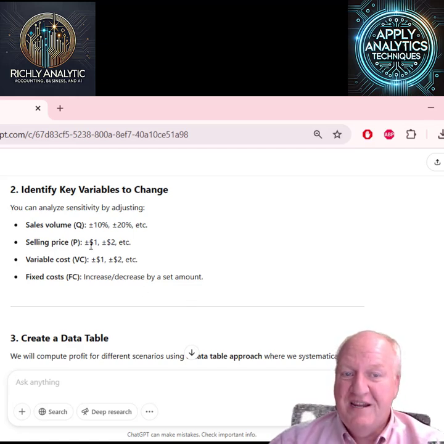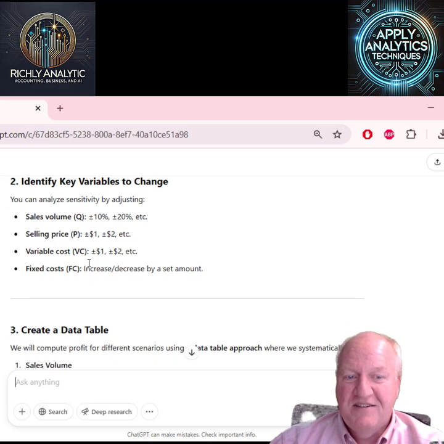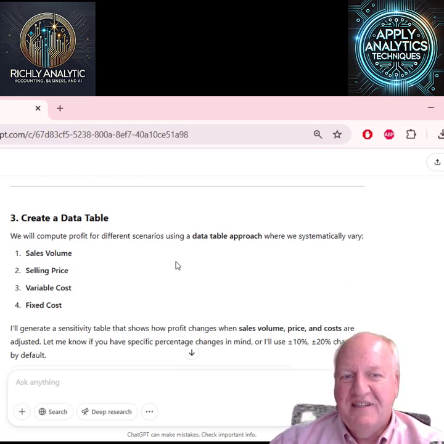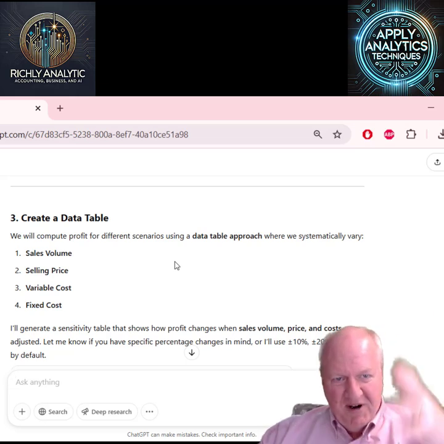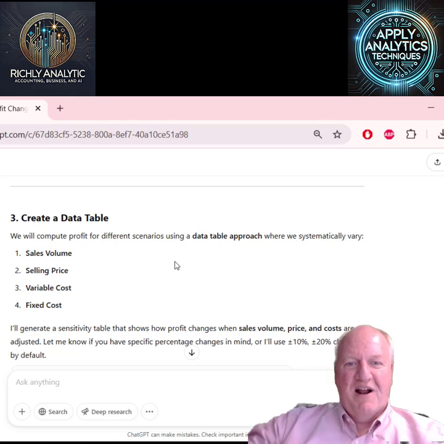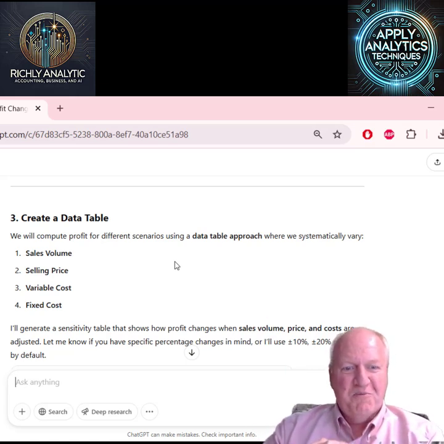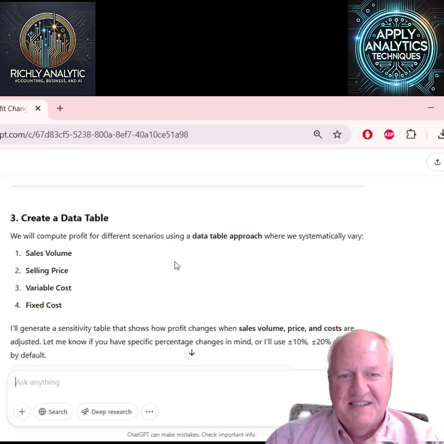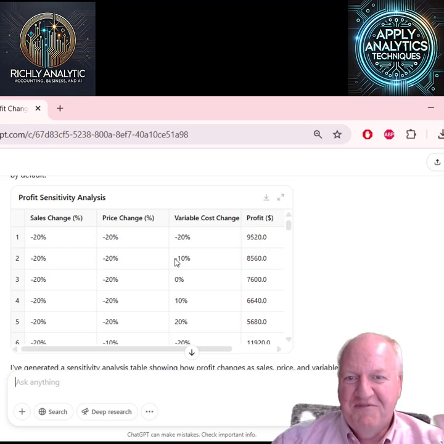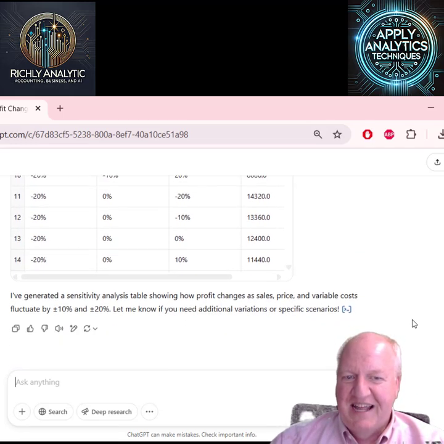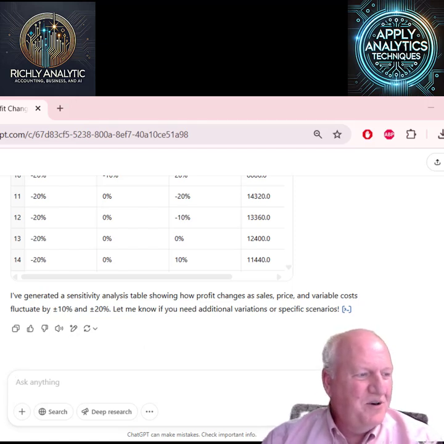You can either provide a range, you can say go up, go down by 1% or by $1, and that's the variables you can change. And then it's going to create a data table, and this data table is going to say, based on various changes in sales volume or price or costs, the profits are going to be different. So we're asking it to compute a profit based on various assumptions, okay? And so this is an example scenario of what it would provide, so very detailed here, and it's done that for us, but this isn't my base case, and so I'd like to go ahead and provide it with a base case.